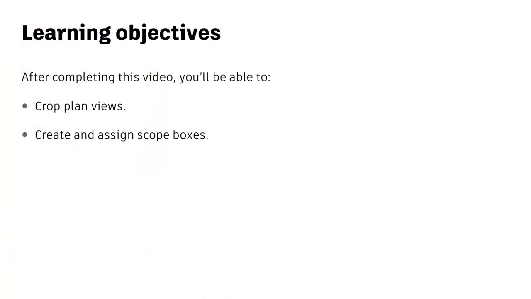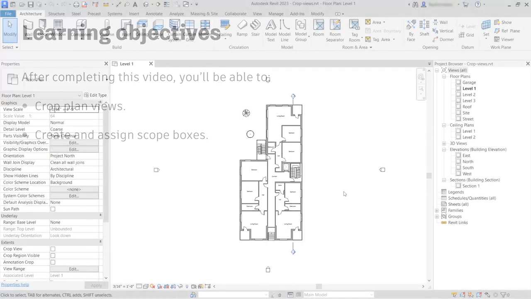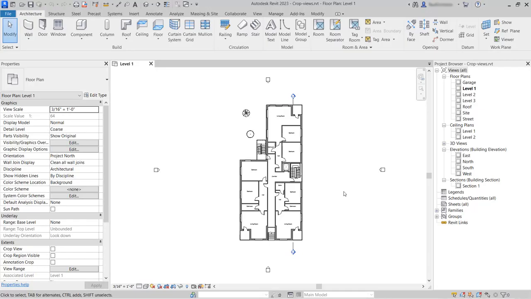In this video, you will see how to crop plan views to create detailed drawings. And you'll see how to create and assign scope boxes to crop multiple views. I have the exercise file crop views open, and we're looking at the level 1 floor plan view for an